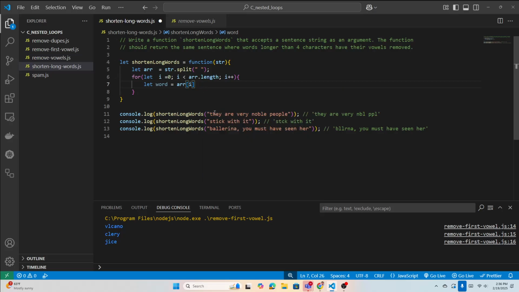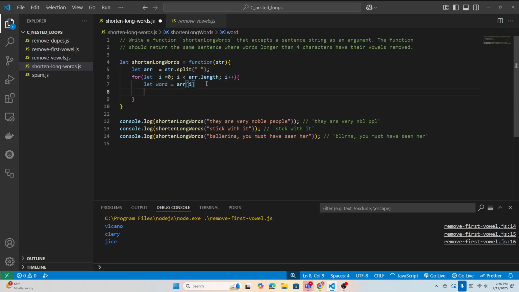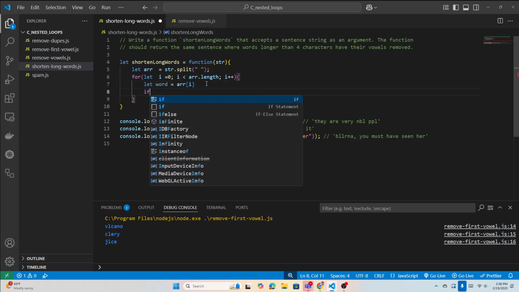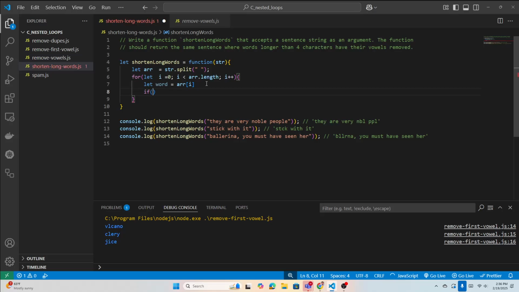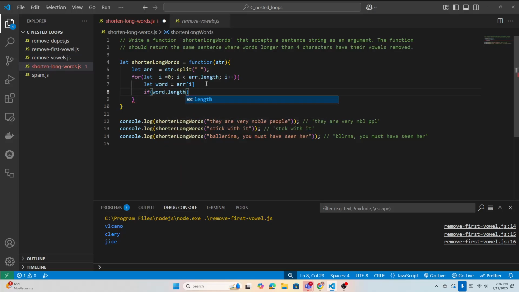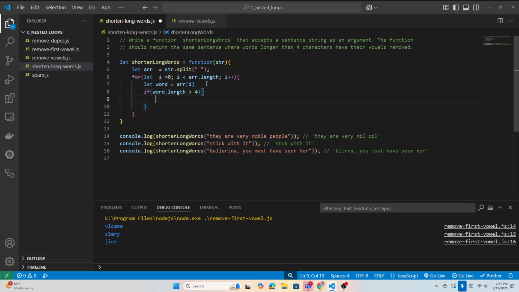So I got the word now. I will check if, this word dot length is greater than 4. If that is the case, then